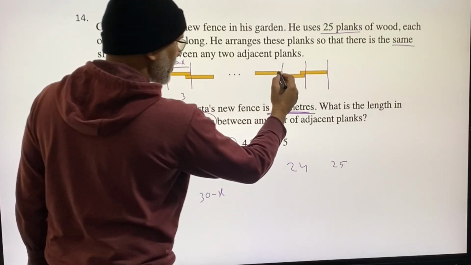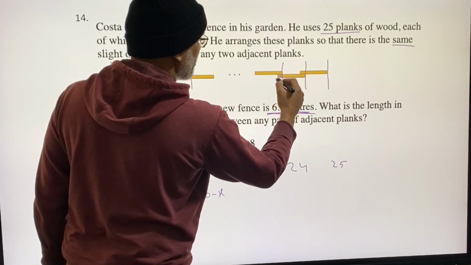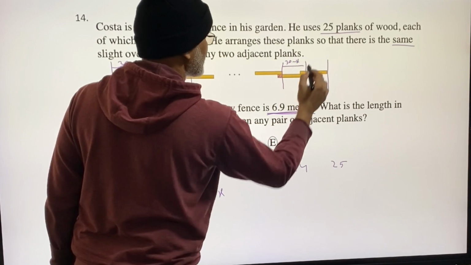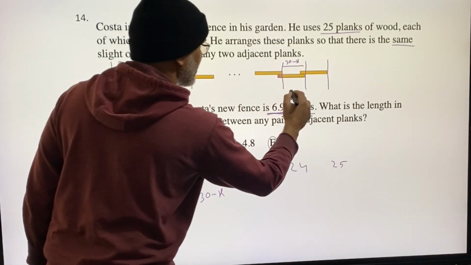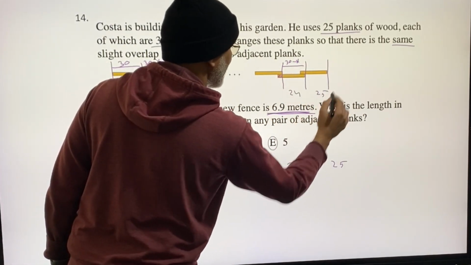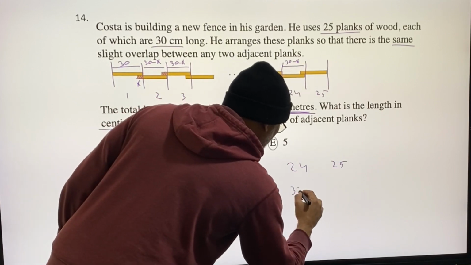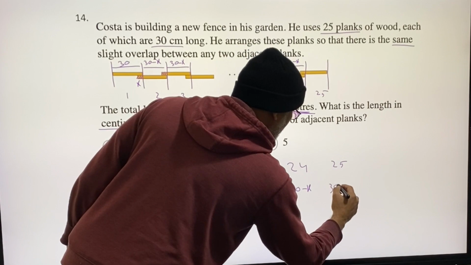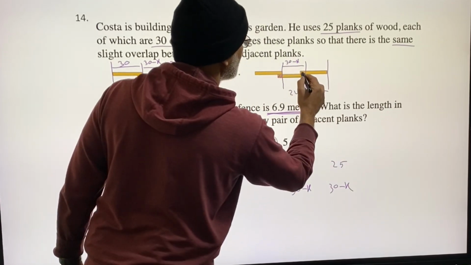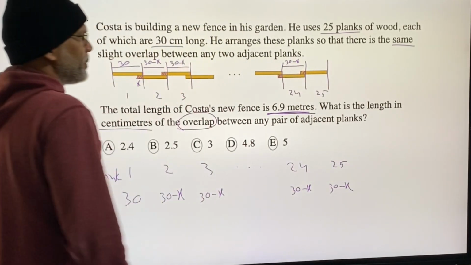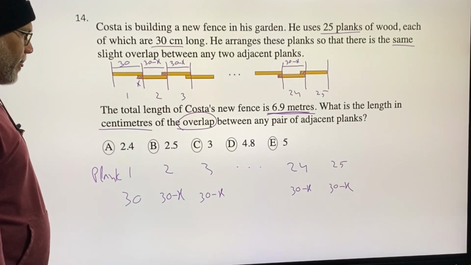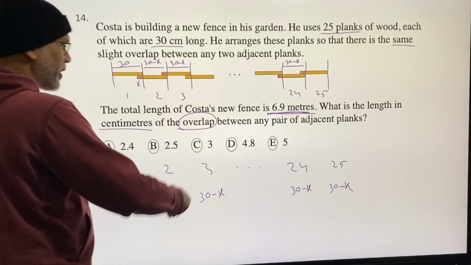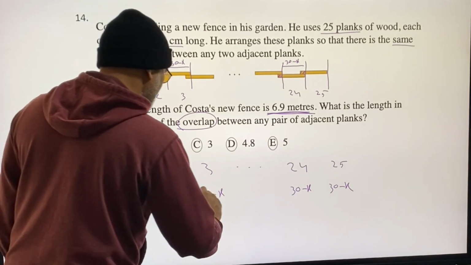Similarly, here I have taken away this overlap, so this is going to be 30 minus x, right? So that will be plank 24, 25. So this will be 30 minus x. Same for plank 25, 30 minus x, because that overlap is gone, right? All right. And this all together, if I add up all this,